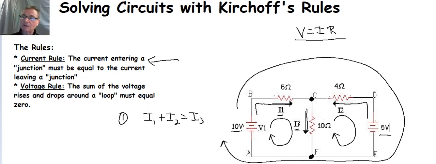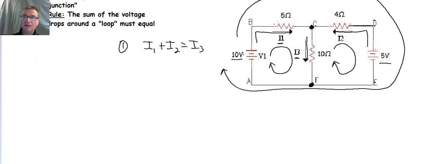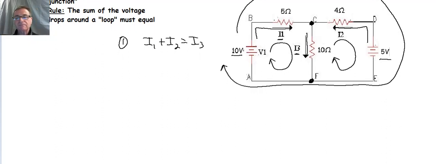So what we're going to do is develop 2 more equations by looking at our circuit, and we're going to use the loops to do that. Now, we've already determined that I1 comes from our 10-volt battery and flows into junction C up here. And we've said that I2 flows from the 5-volt battery also into junction C, and I3 flows in a downward direction